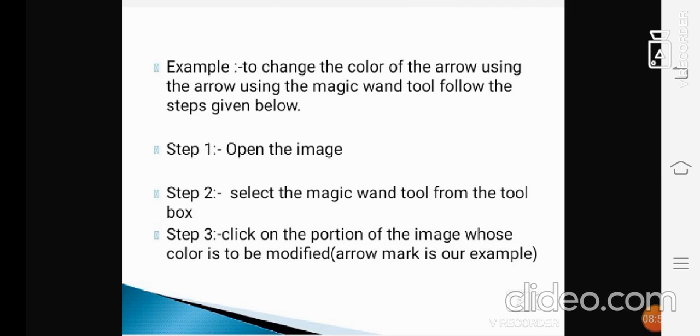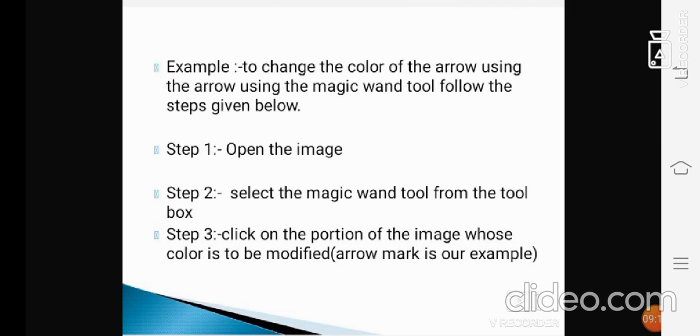The arrow mark is our example. Step 4, the area gets selected based on the pixel color. Whatever color you want, that color is selected for your pixels.